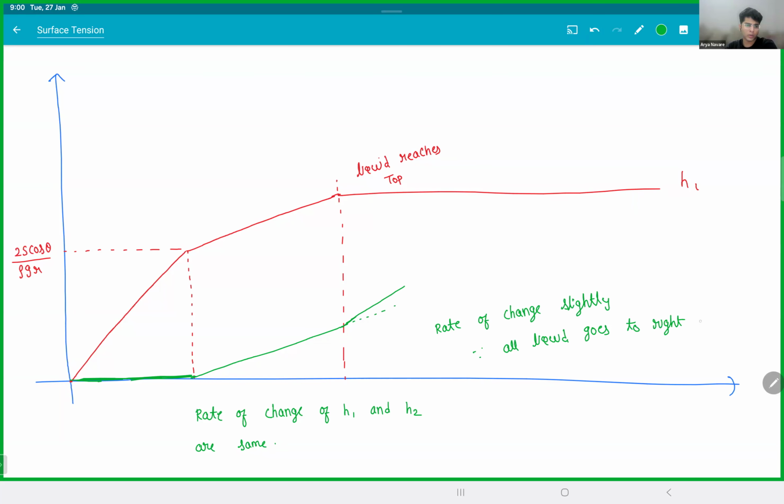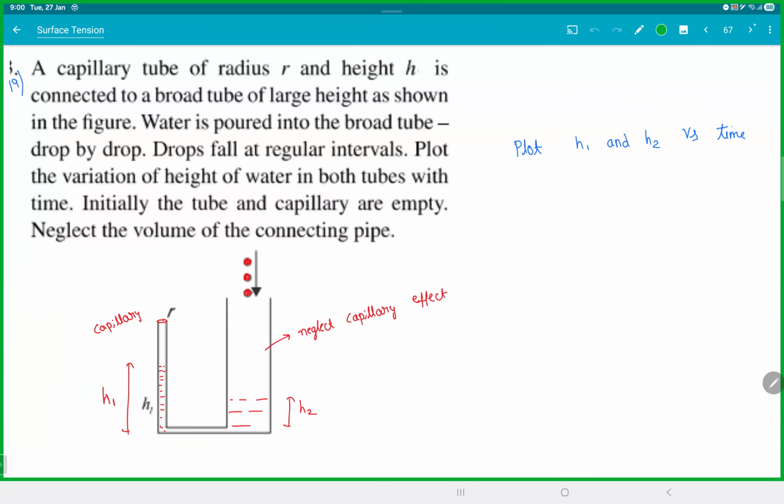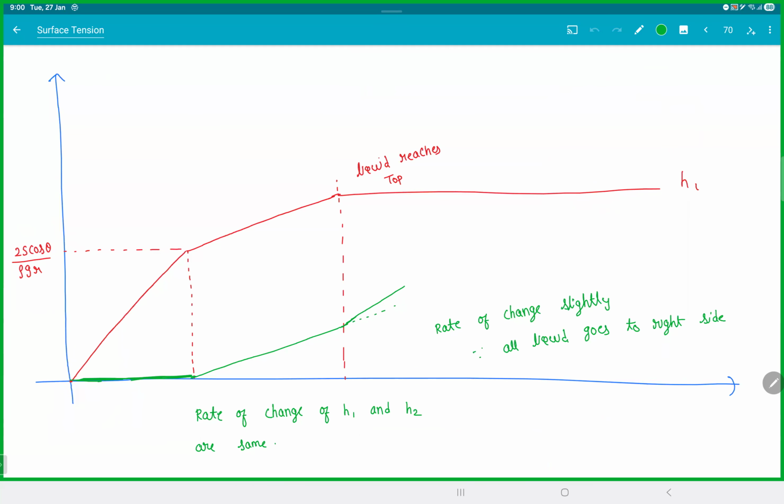Sir, will the slope become the same as the first change, like the initial part? No, the area is different. The volume rate is the same, but the areas are different. Actually, that slope will be very small. Okay, and then what will happen, this will just keep on increasing, increasing,